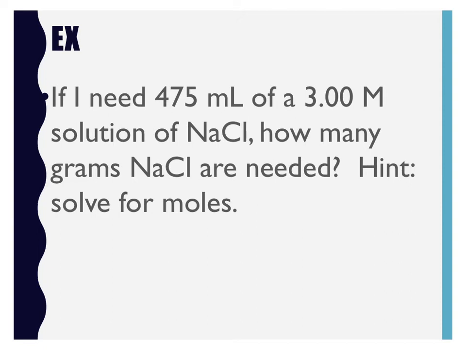Okay, now this one we're going to have to do a little bit more work for, because notice this is in milliliters. So the first thing you need to do is move the decimal back 3 spots. Then we know the molarity here, and we are asked for grams. So again, we need to find moles before we can find grams, and then we'll use the molar mass to finish this up. I can plug it in as is. So molarity 3.00 is equal to our moles, which we don't know, so we can just put X moles, and then we know it's 0.475